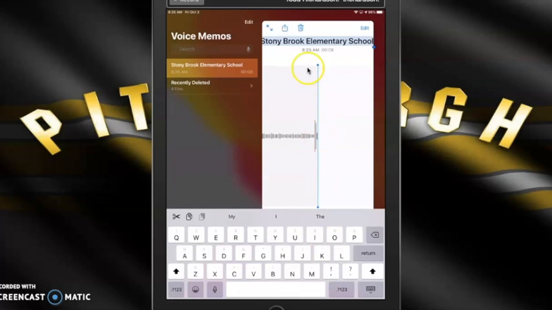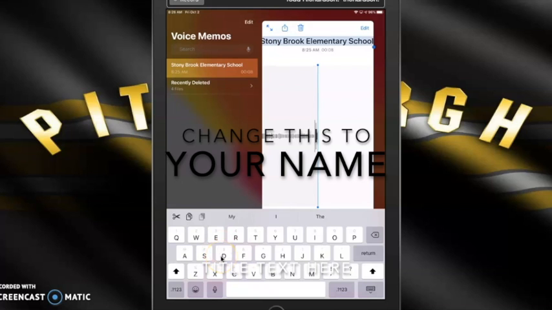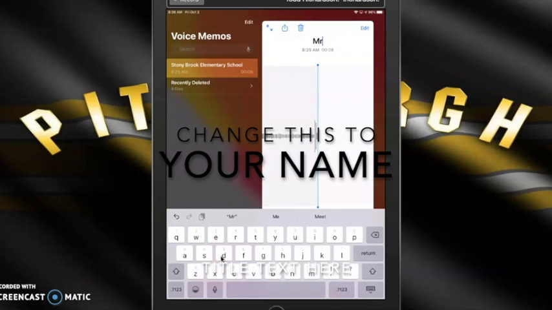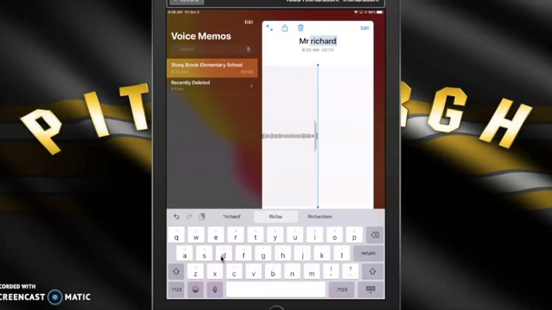And you'll notice at the top, they name it, but they name it by where you're sitting at the time of your recording, which for me is here at Stony Brook Elementary. So to rename it, simply type your own name, hit return,